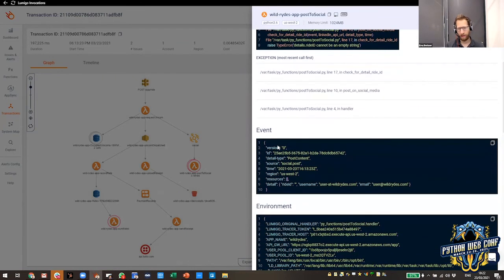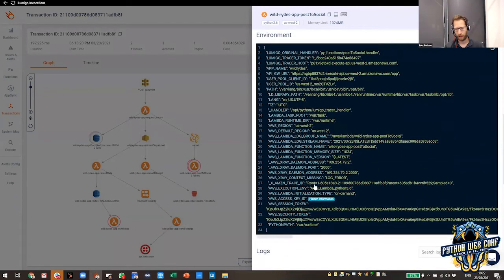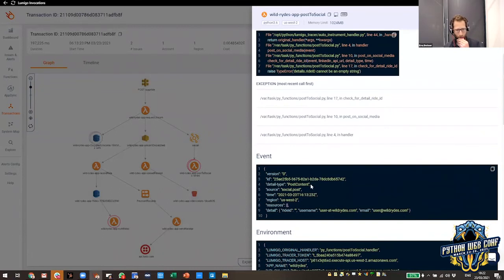But you can see the event that triggers the Lambda, the environment variables, and the logs. All of this is what you should have in place when you want to have distributed tracing and debug using it. Again, you can do it yourself. You can create this using OpenTelemetry. It requires coding, it requires logging, but you can get to this, besides the visualization. But I think you get the point. And of course, you can use third-party tools like Lumigo, where you use it without any code changes. It's all just by APIs and AWS integrations.